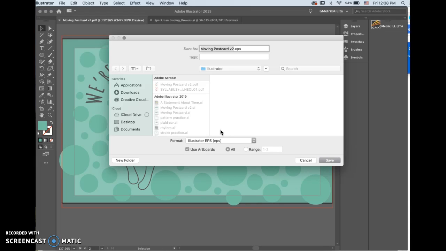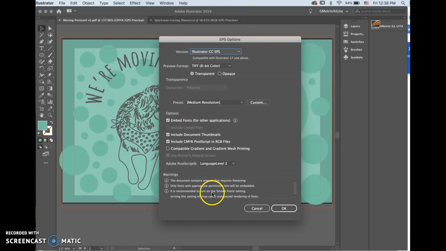You know, they see it and they're like, oh, I really want you to design something for me. So I can take this EPS and dump it into InDesign and actually work with it a little bit more using that program instead of sticking in Illustrator. So I'm just going to go ahead and save that here. Again, we have all of our options. We can choose our resolutions,